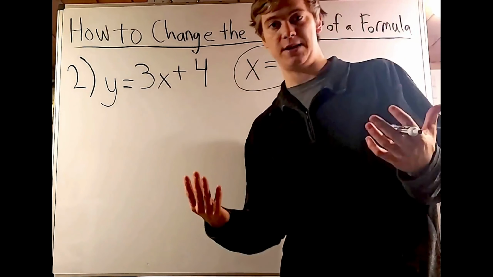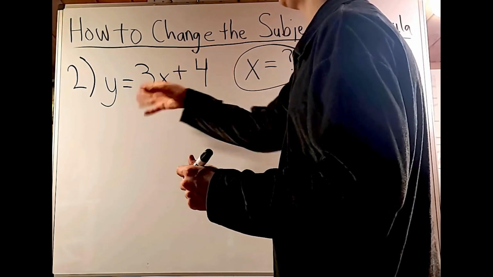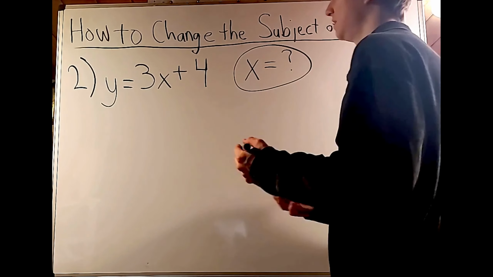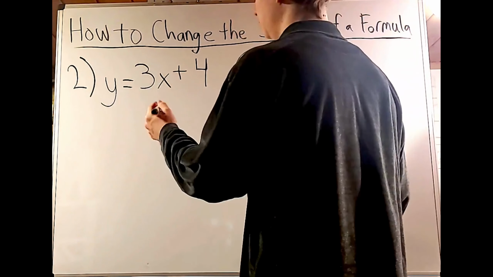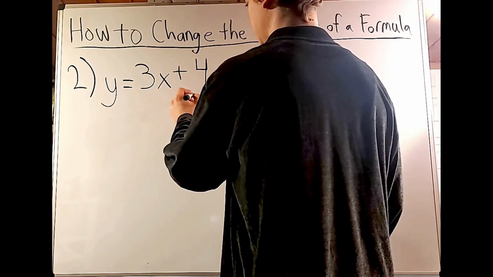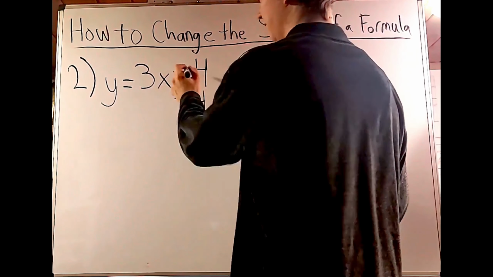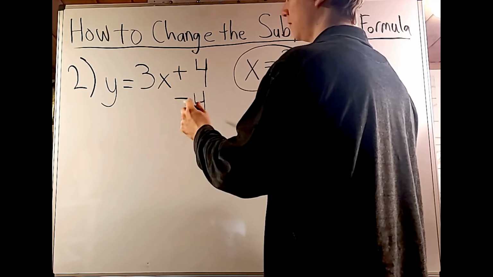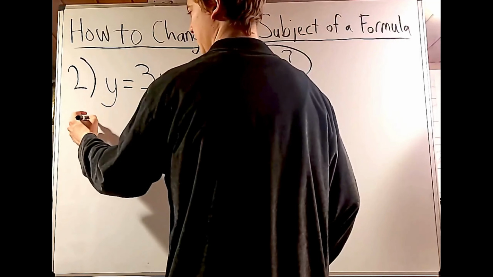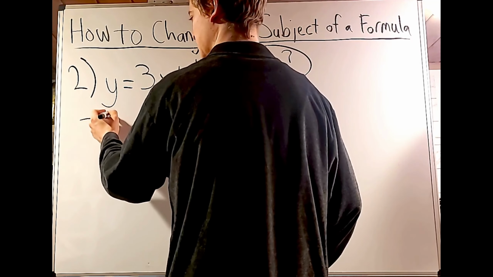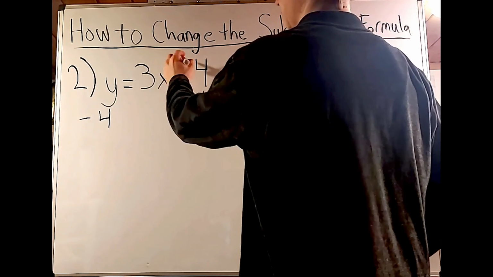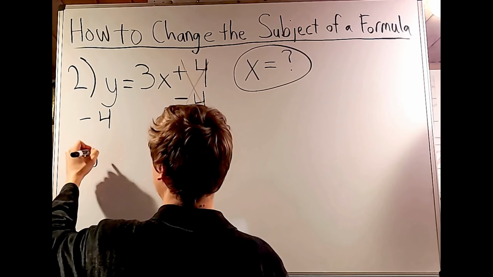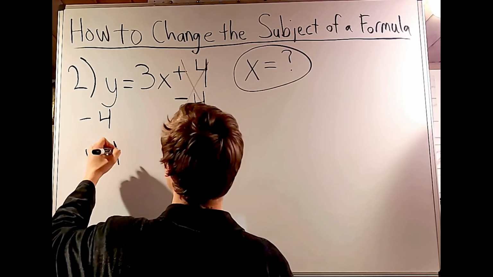Okay, so we see the formula y equals 3x plus 4. And as you can see, we want to solve for x. In this case, we're going to take the 4 and move it to the other side. In other words, we're going to do the opposite of what we see here. It is a positive 4 and it is adding, so we're going to take a minus 4. And on the other side, the same thing, minus 4. Again, the plus 4 and the minus 4 cancel out, which leaves us with y minus 4 equals